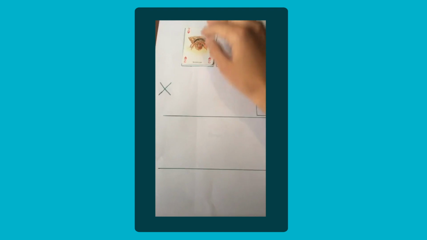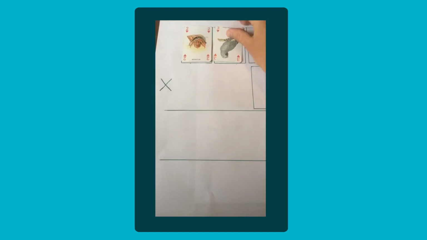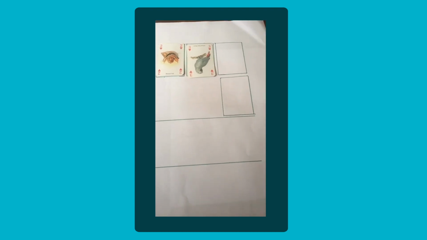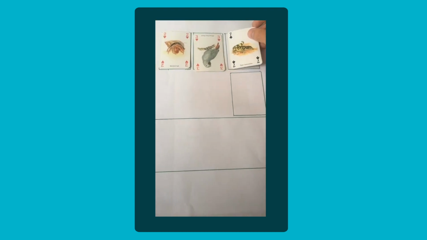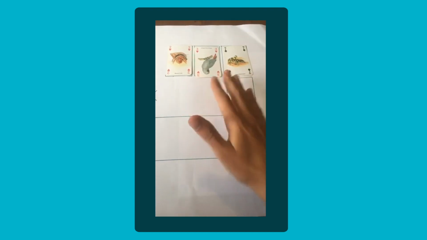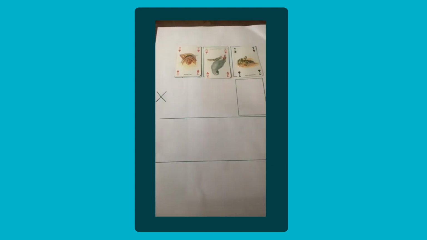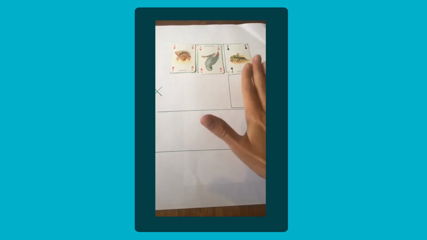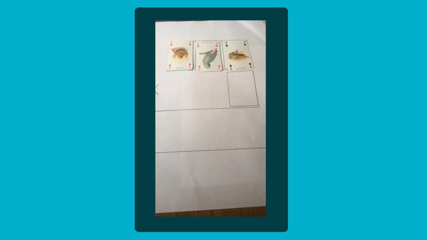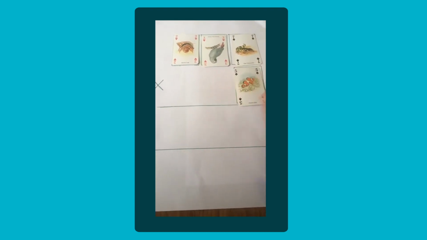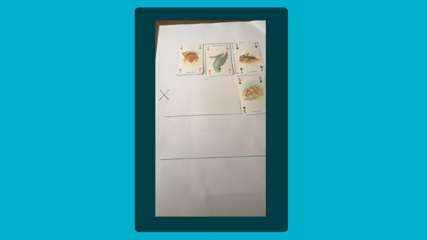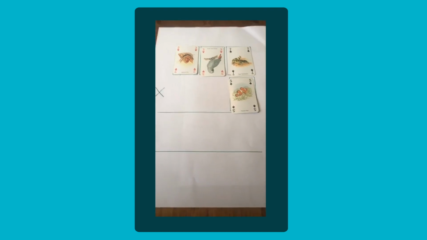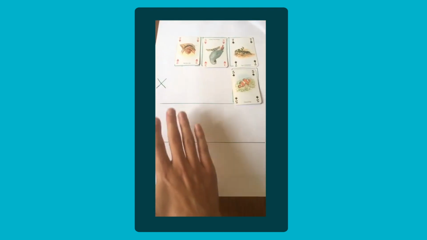So very simply, all you do is take your cards, turn them over and place them in those spaces there. So we've got a 2, a 3. What's the reckoning? It might be a 4. No, it's a 7. So we've got 237 as our 3-digit number there. And then we need to generate the number we're going to multiply by. So again, just using your playing cards or your dice, and we've got a 5. So the calculation is set up there, 237 multiplied by 5,